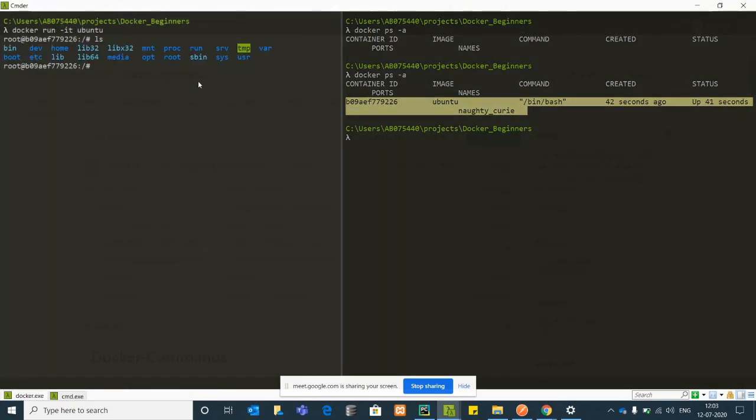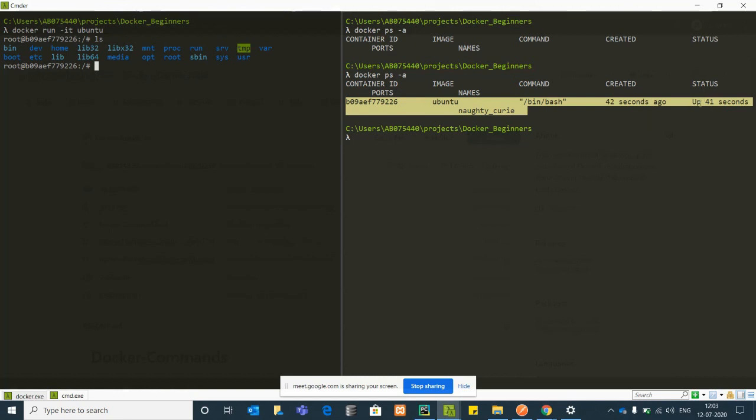Now when you want to exit, if you press Control C, now you can see here, okay. Previously we discussed that Docker run Ubuntu gave me an exited state, right? I guess Nehal had asked me this question.